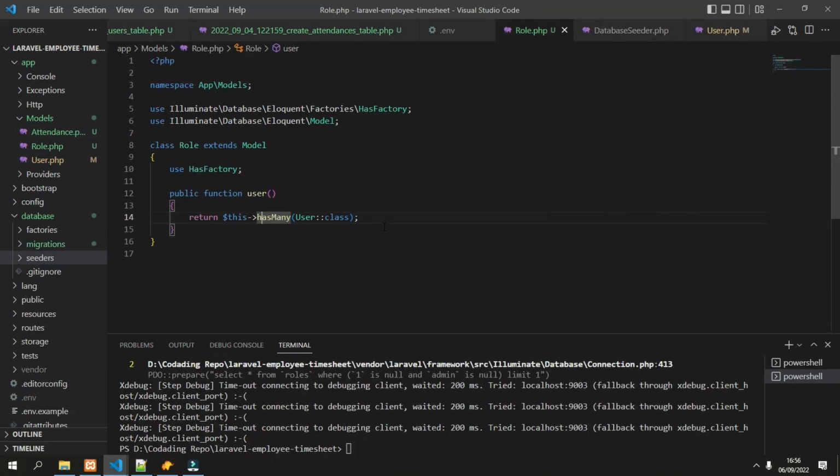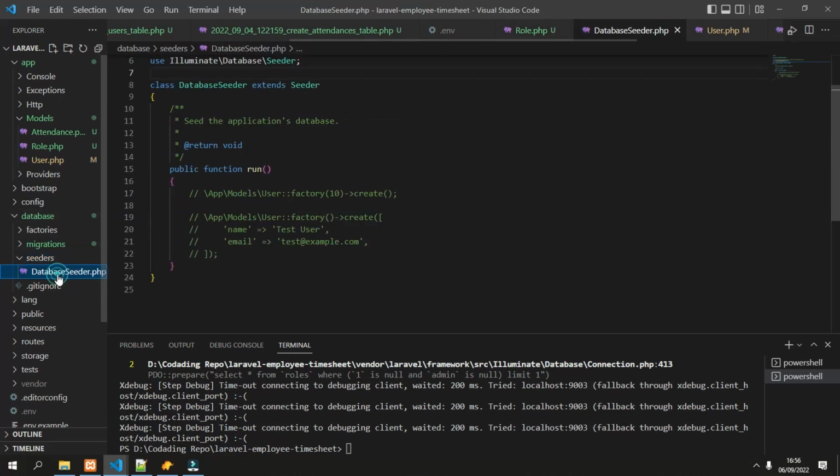Now the next step is to initialize the data for roles, and we can use database seeder to do that. Next we go under the database and seeders folder and click database seeder. In here we can run any method to initialize data.